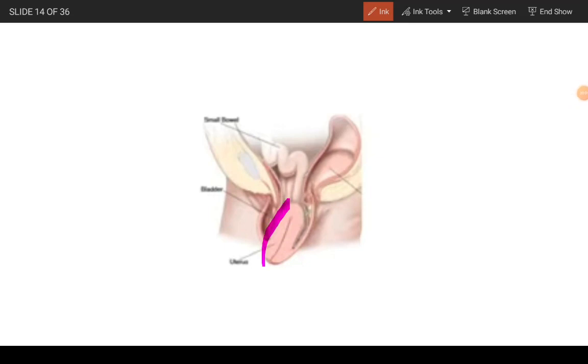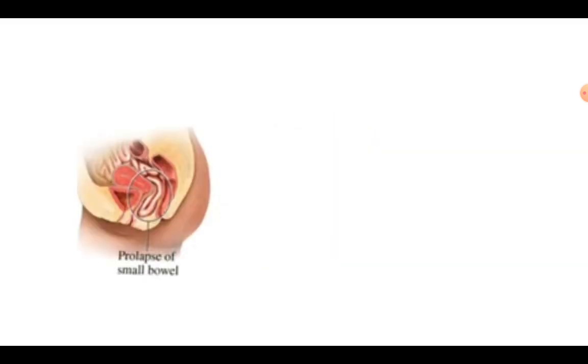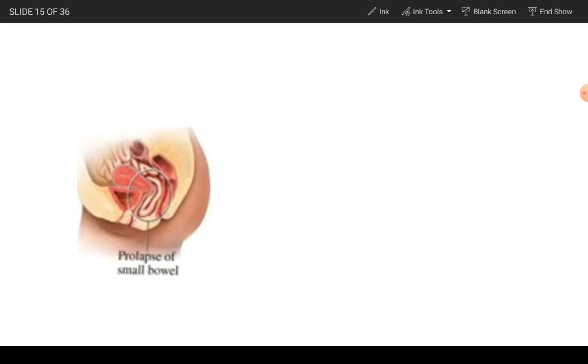So in this picture you can see the prolapse of the uterus. Here you can see this is the bladder, this is the uterus, this is the rectum. So in between, what happened? Enterocele occurred. As vaginal delivery is the most common etiology for this prolapse, it is not just one component of the pelvis getting affected, all the components can get affected.